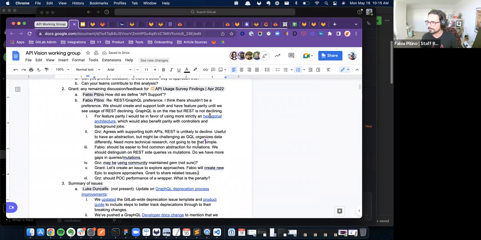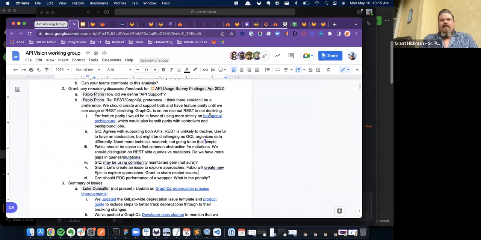Any other discussion? I think one point I did want to double back on. We're talking about the technical side of how we might approach this, but in the discussion two weeks ago, and what I'm hearing on this call, and with the feedback that we're seeing, we agree that going full on GraphQL is going to isolate or alienate some of our customers who depend on REST.